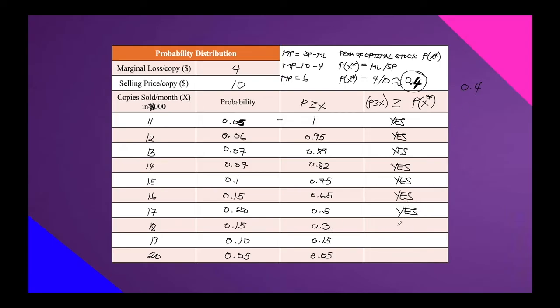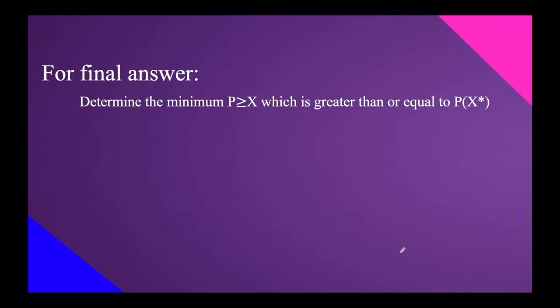0.3. No. Hindi na siya mas mataas sa 0.4. Mas mataas na sa kanya yung 0.4. So, 0.15, ganun din. No. And 0.05. No. Now, for the final answer, it says here that for the final answer, we need to